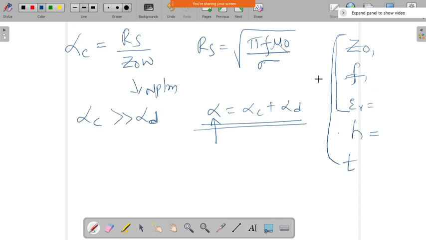You can even check online, there is a microstrip online calculator. If I input all these things, at what frequency, for what characteristic impedance, and what the material parameters are, then it will give the dimensions of that microstrip line, how much length you have to use, how much width you have to use. Okay, so according to that you can design and look at the response. That is how we can find out the parameters for the microstrip line.